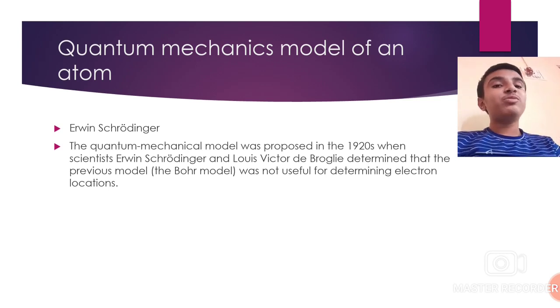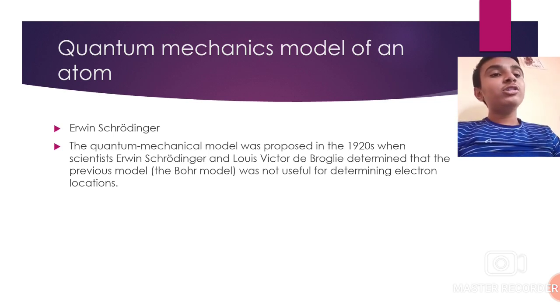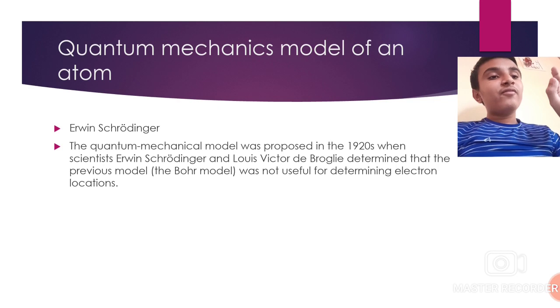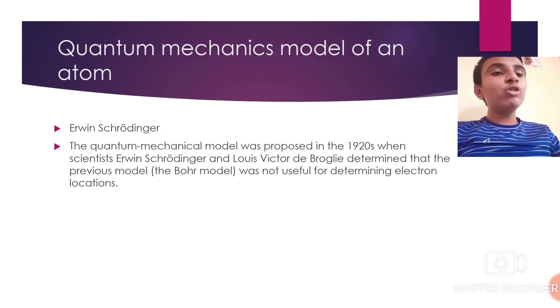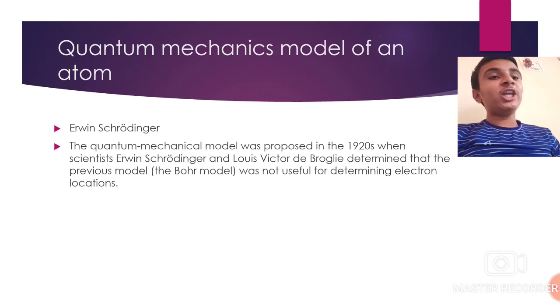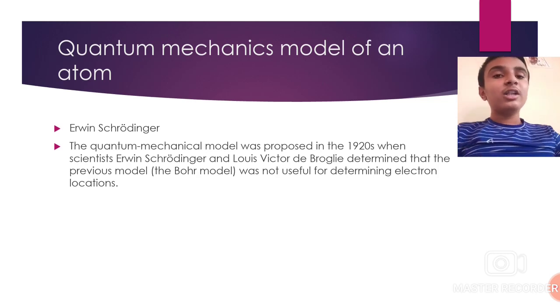So the quantum mechanics model of an atom is the modern model of an atom, and not the Niels Bohr model. But in our textbooks, we study the Niels Bohr atomic model because we are learning the basics. Diagrammatically, the Bohr atomic model is used worldwide to draw diagrams of atoms. And quantum physics is a different branch of physics which studies quantum mechanics. Yes, friends, let's move forward.